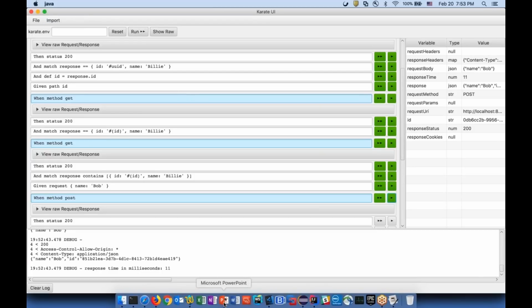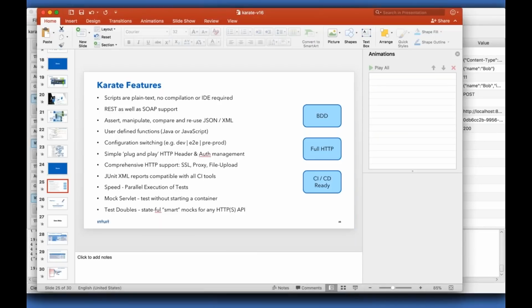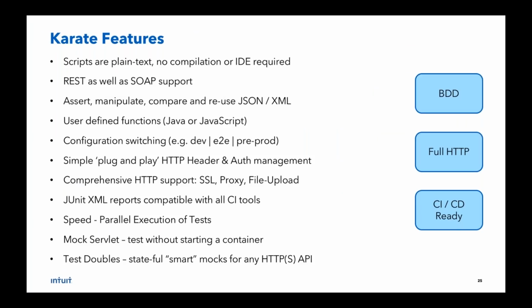With that, I'm back to my presentation, and I have around 7 minutes for questions. I'll not spend too much time on the slide, but your takeaway is that there is pretty comprehensive support, including the mocks that have just come in. For example, can it handle file uploads? Does it handle SSL and certificates and proxies and all that? Yes, Karate is pretty good. It has evolved with a lot of feedback. A lot of people used it. It has really improved over the last 1 year.